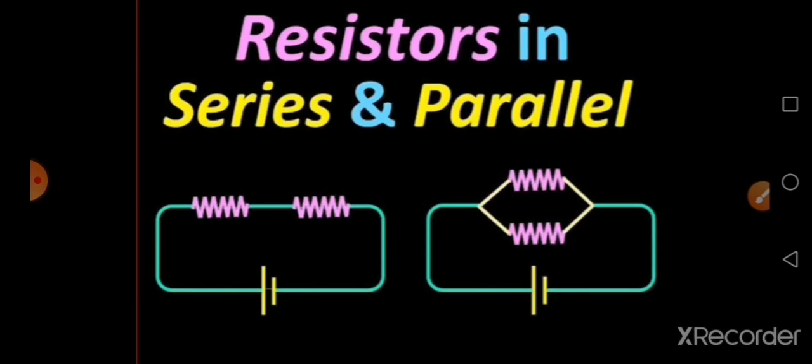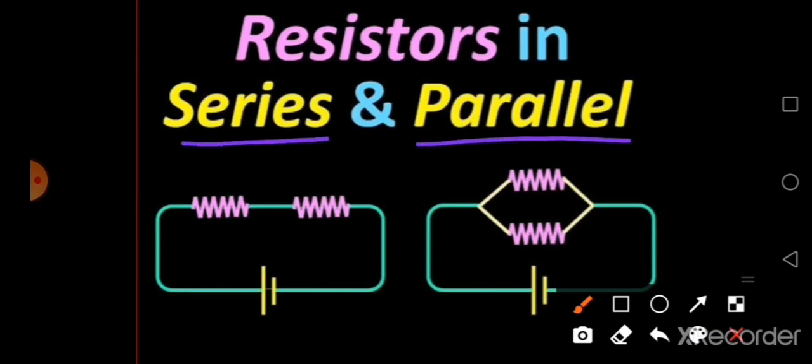So we have been dealing with your 8th chapter, current electricity. Till now we have seen all the terms and facts related to the basics of current electricity. Now we are coming to an important topic, that is the combination of resistors. When you talk about the combination of resistors, you have the combination in series and the combination in parallel. So here is a series circuit and here you have a parallel circuit. Now let us see one by one.